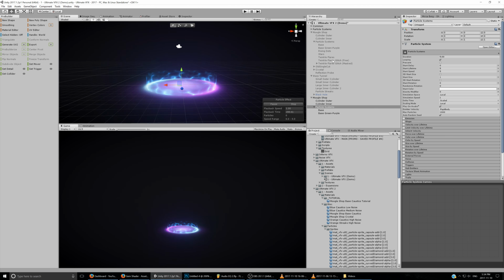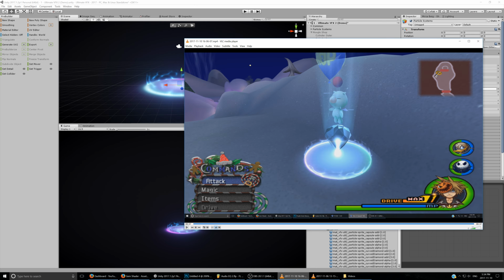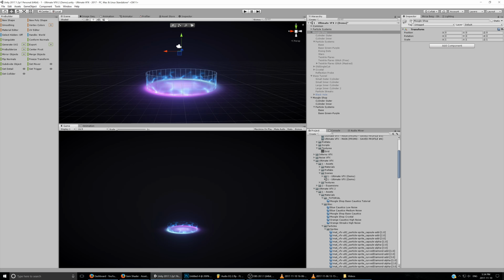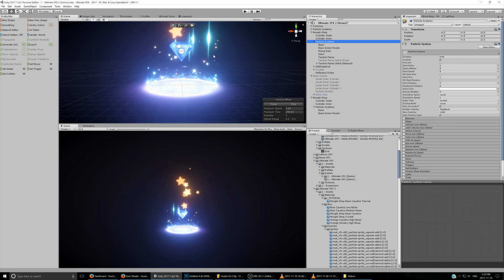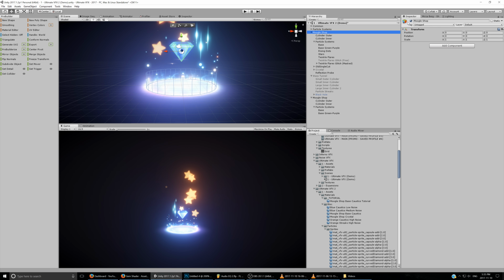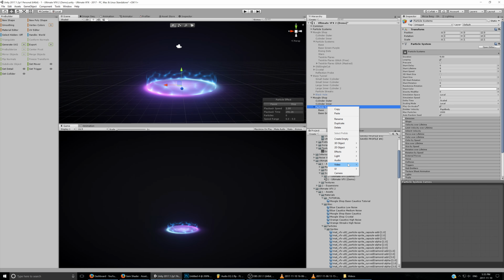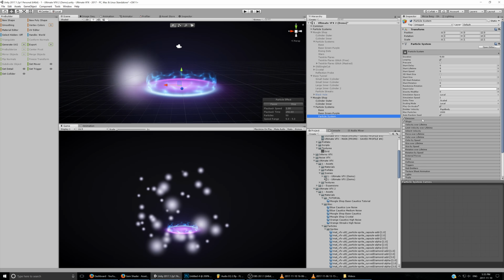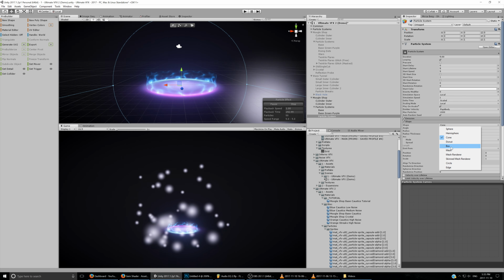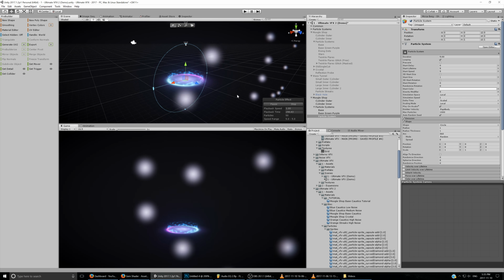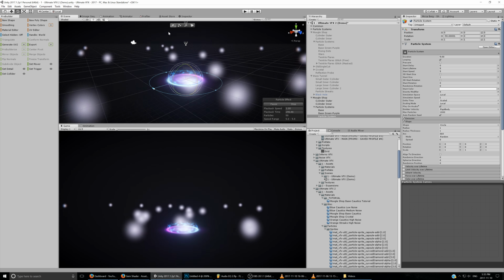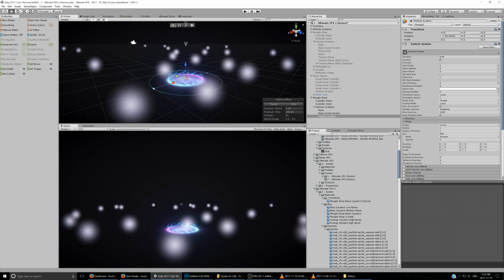Next, we'll work on the rising particles, right? So at this point, we more or less have this effect already finished. So we're gonna base the rest off what we have in this version, and then we have the particle systems, these little dots rising. So we'll work on that instead. So let's hide this, create a new particle system, like so. Set the shape to a circle this time. And then again, just like before, make it so that the Z points up, and that's the same as -90